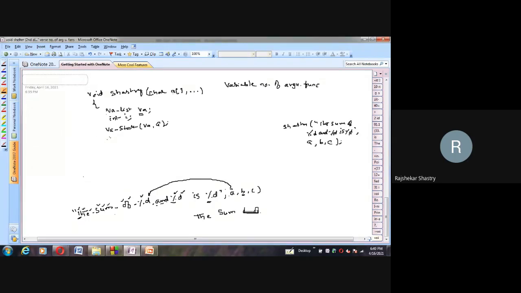To read the array character-wise, I'm using a for loop, which starts from 0 because array indexing starts from 0, and a[i] is not equal to null. You know, every string in C language ends with what? Null character. So until we reach the null character, we go on reading character-wise elements, and every character after reading will increment. So this is my for loop.